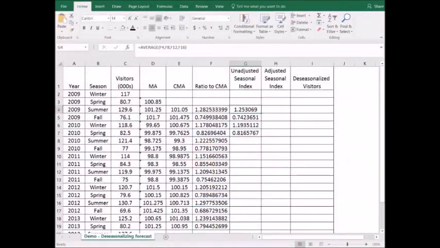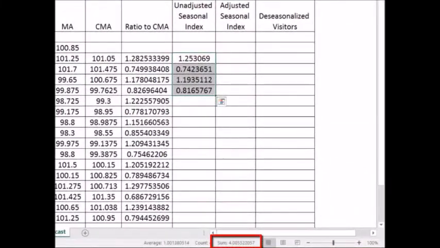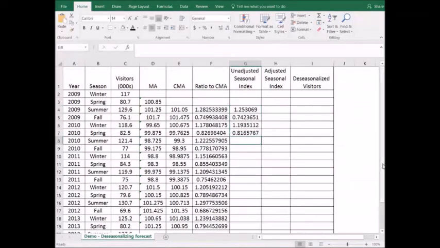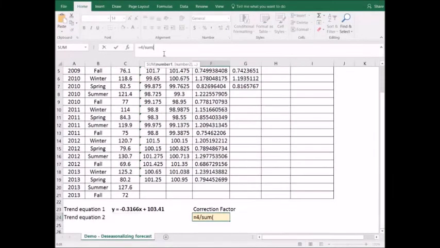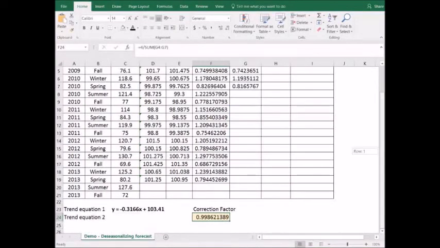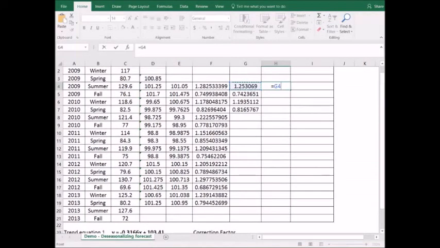We call this an unadjusted seasonal index because if I select all of the data and look down at the bottom of the Excel spreadsheet, it shows that the sum is greater than 4. These numbers need to add to 4 because we are computing seasonal indexes on 4 quarters. There's an easy way to correct this slight difference from 4. I will take the value I expected it to add up to, which is 4, and divide it by the sum of my unadjusted indexes, and I get a correction factor which I can then multiply by my seasonal index, equals the summer unadjusted index